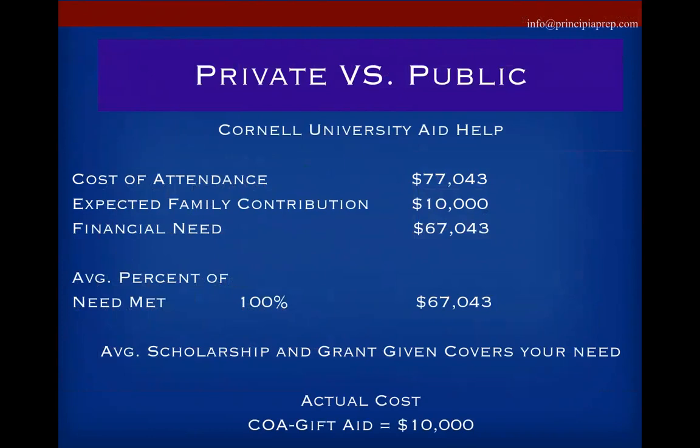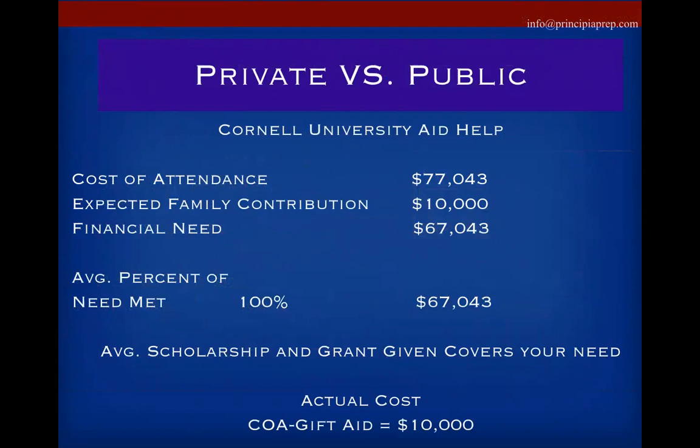You have a financial need to attend that institution of $67,043. Now, the benefit of Cornell is they're extremely generous, which means the school itself provides up to 100% of the student's need, something that does not happen often. The benefit here is that the form said you can pay $10,000. You are only paying $10,000. The rest will be given to you, a bulk, over $60,000 of it in grant money, money you are not